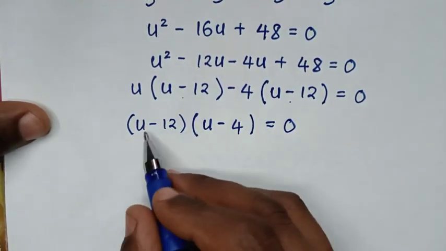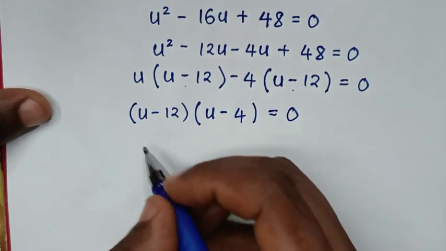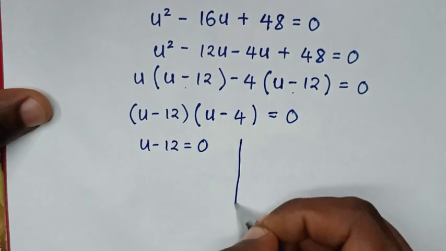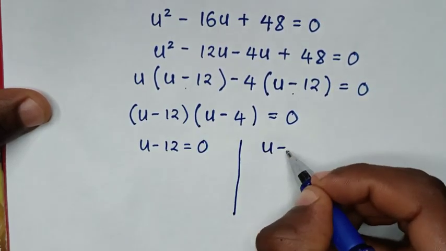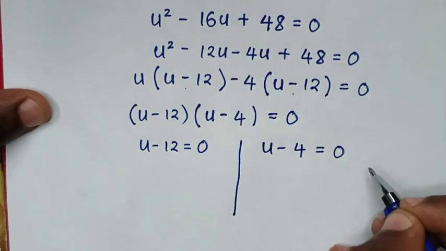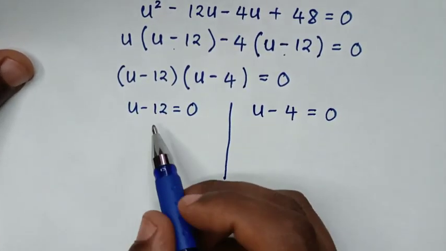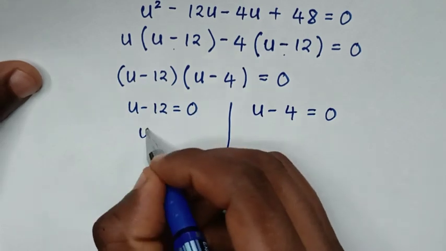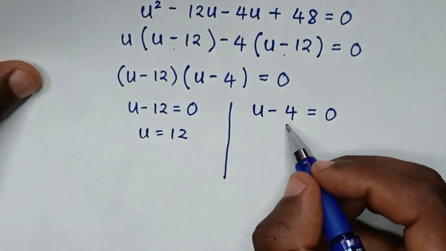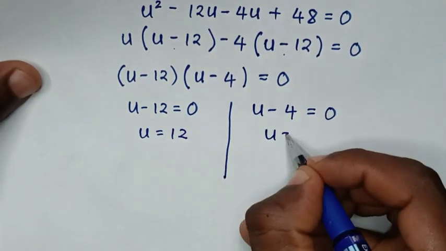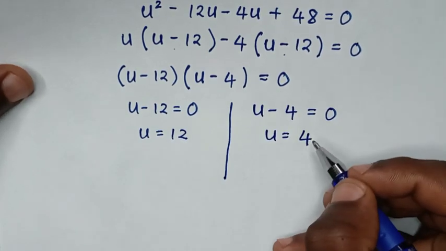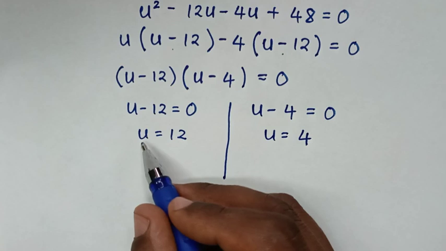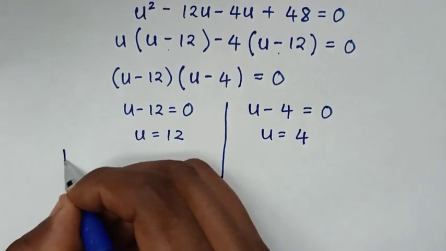Then from here we have two solutions, where the first solution is u minus 12 is equal to 0, and the second solution is u minus 4 is equal to 0. Then from here we take negative 12 to the right side, so it will be u is equal to 12, and here we take negative 4 to the right side, it will be u is equal to 4. Then from here we get the values of u. Then we recall,